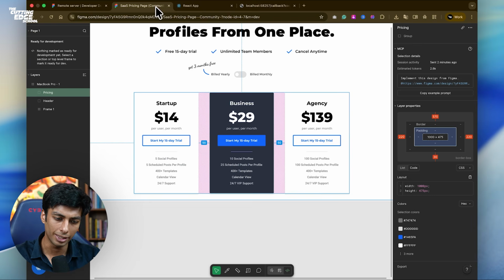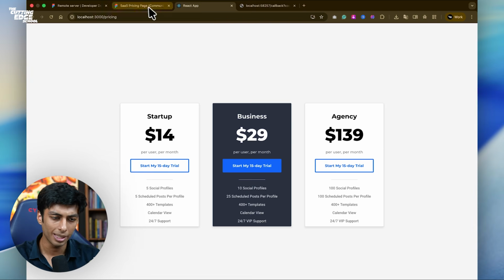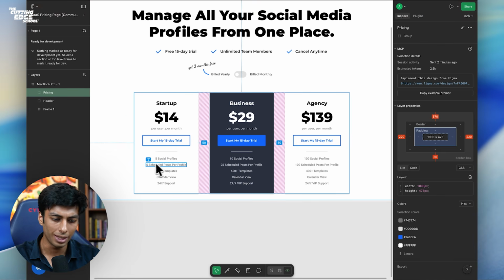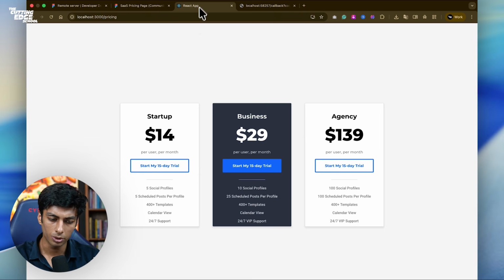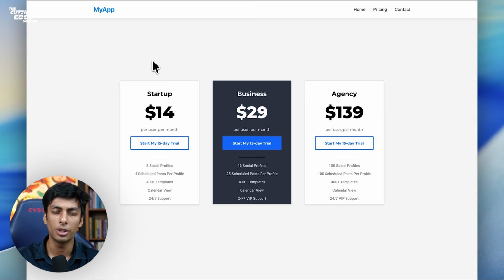If I go back to my design, you can see that we have a similar font. Let me show you this again. We have all the same points, which are 5 social profiles, 5 scheduled posts, and much more. And then we also have the same colors. Now there might be some imperfections in the final output, but you can either code it yourself or even ask